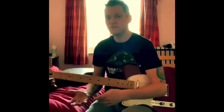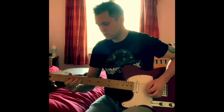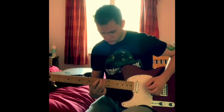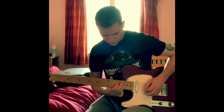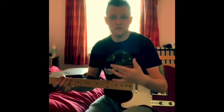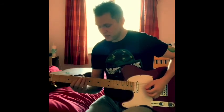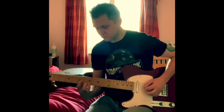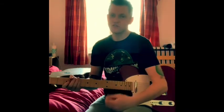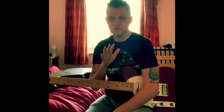Secondly, figure out how to play different riffs and melodies once you've worked those out at different parts of the neck. So as I said, the first one we did was, where can we do that? Stuff like that will give you different challenges, and then find different ways to play those notes. So as I said before, instead of doing it here, we're going to do it here. So just practice those. And then thirdly, it's finding your major and your minor thirds, and arpeggios, and working out where you can put those